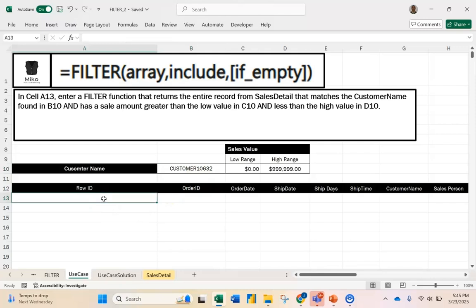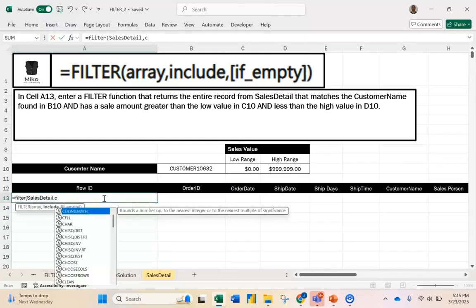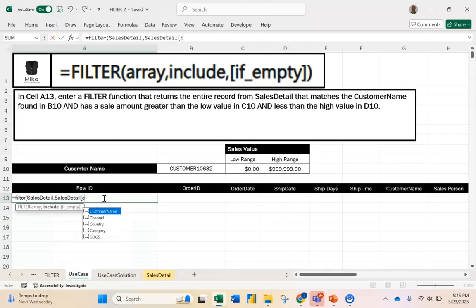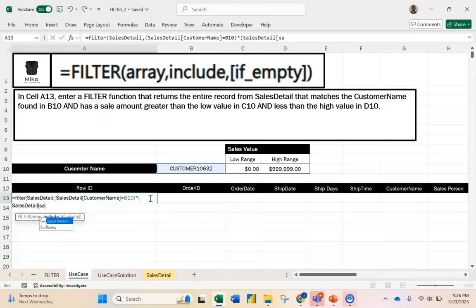So once again, and it works very nicely with tables, I'm going to filter my friend the sales table. I'm first going to say, hey, the sales detail customer name has to equal this customer. I always want to put these criteria in parentheses because I want that evaluation to happen first. Then I'm going to say multiply that, okay, sales detail, sales amount